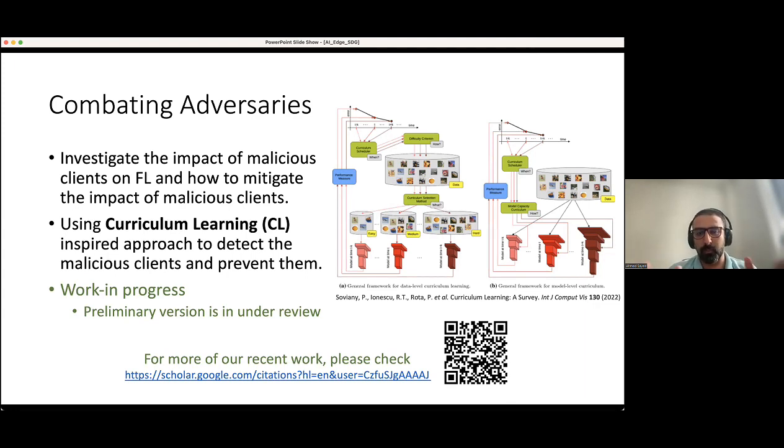For most of my work, you can check my Google Scholar by scanning this barcode and looking at our recent papers. And this is mainly